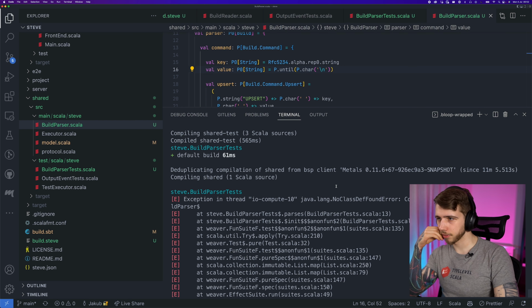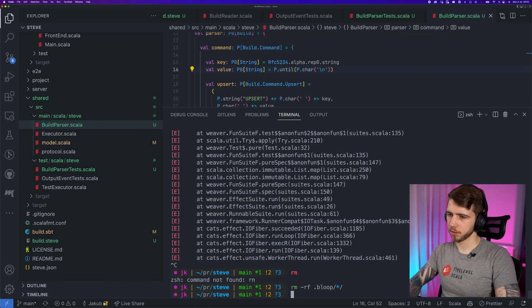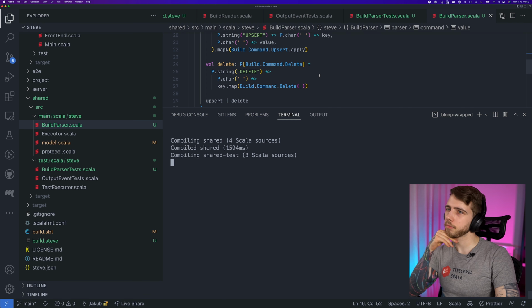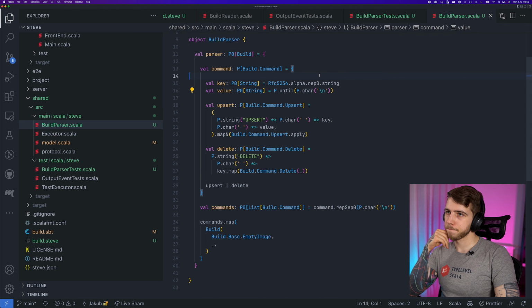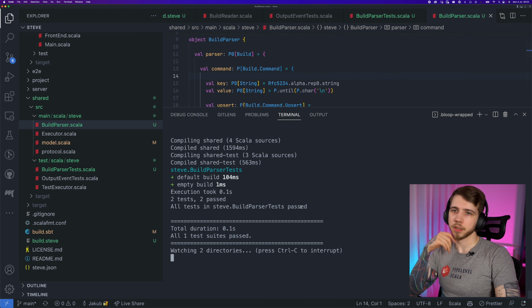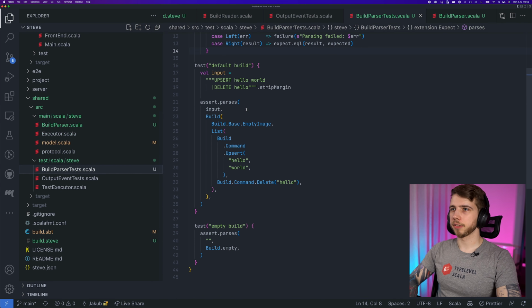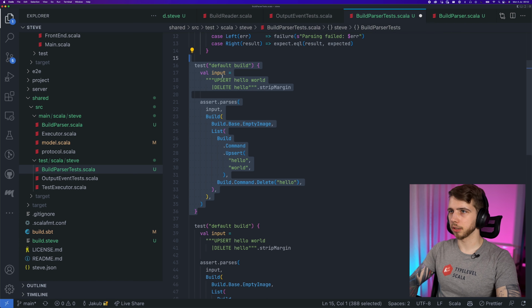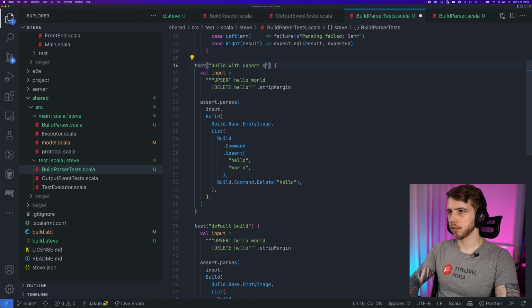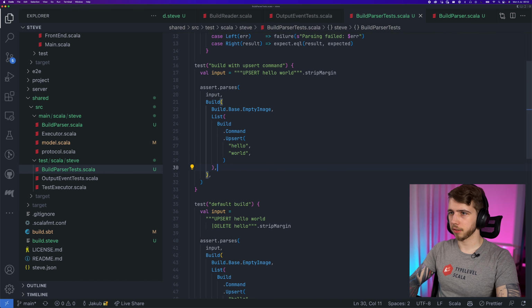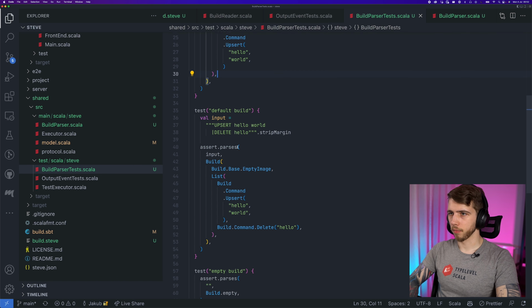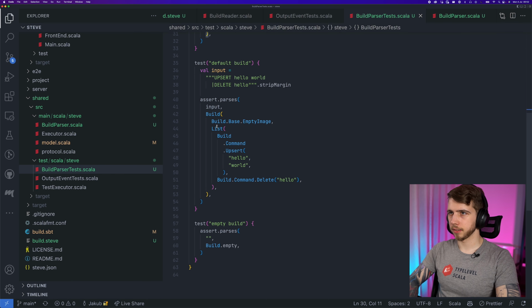Again, we got this kind of weird class issue. So I'm gonna recompile. Oh, look, it worked. Very interesting. Okay. So what else? Default build, empty build. Let's do a build with one command. Just an upsert. And that's gonna be just this. We have empty build and